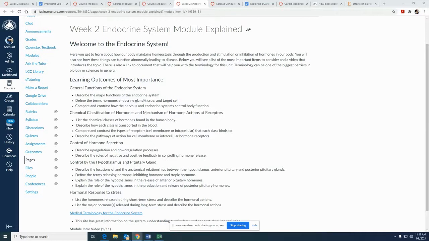Some of this stuff on the screen so far you've already seen, but I wanted to go back over it. So you've made it through week 1. You've started looking at the endocrine system and realizing how important the pituitary gland and the hypothalamus are to our body, hopefully. You've started to look at the hormones they release and the downstream. When I say downstream, imagine if I dump a chemical into the river in one spot, it's going to affect everything downstream. So you've started to realize how the downstream processes occur after, let's say,